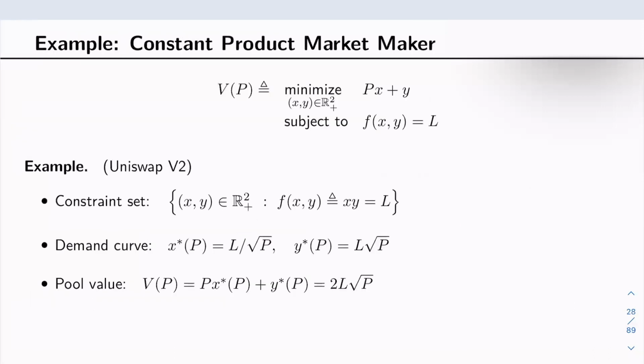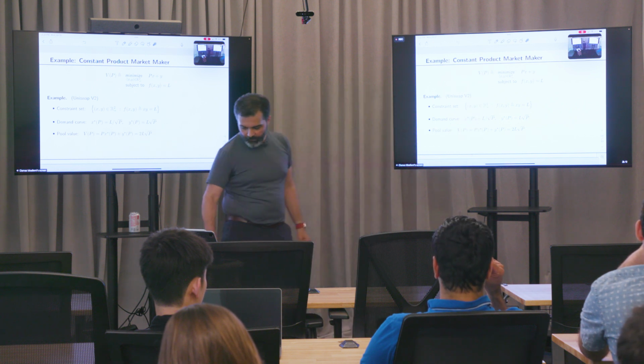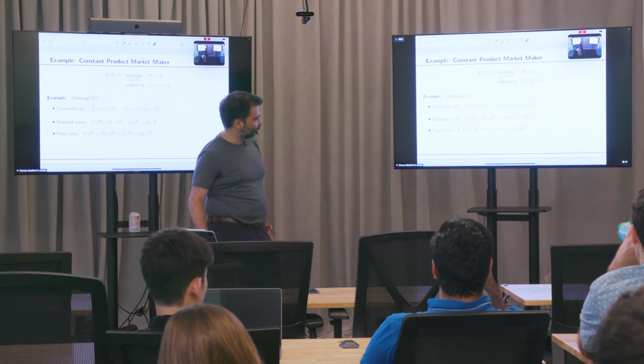So again, just to give a little bit of a running example, these are just very simple algebraic calculations. If you had a Uniswap V2, a constant product pool, if you plugged XY equals L into that constraint, and you did your undergrad kind of calculus, you would get the reserves in the risky asset and in the cash asset given the price. This would be the XY that minimized that. And we would also get the value of the pool. Right, so again, this is relatively simple algebra. I just want to illustrate that these aren't particularly complex calculations.